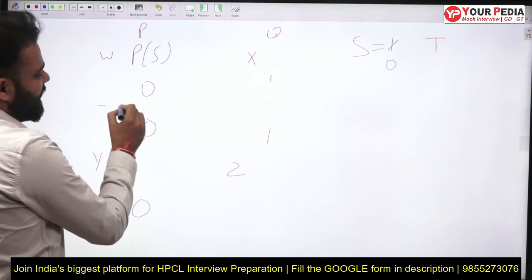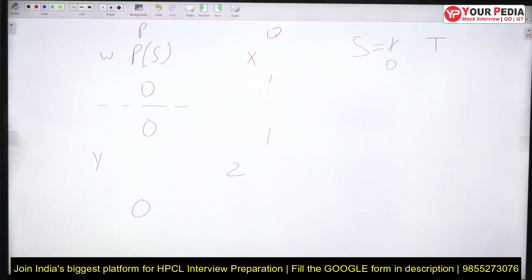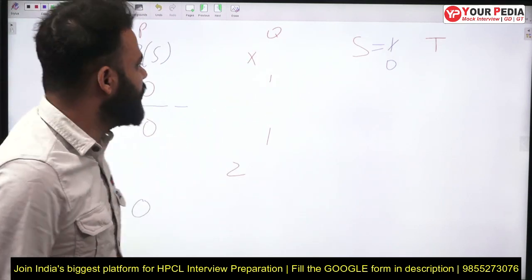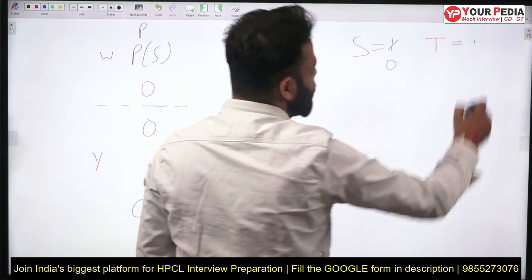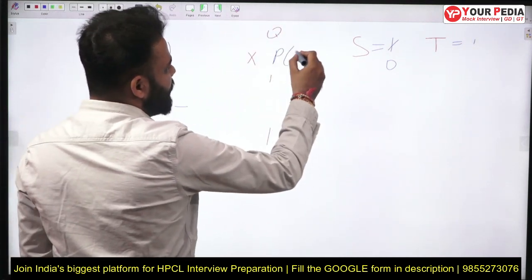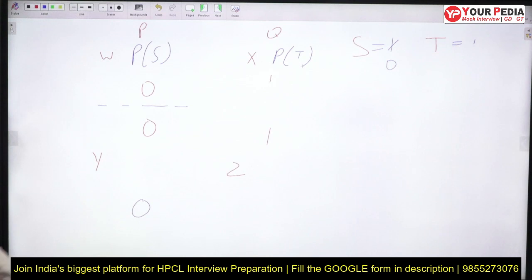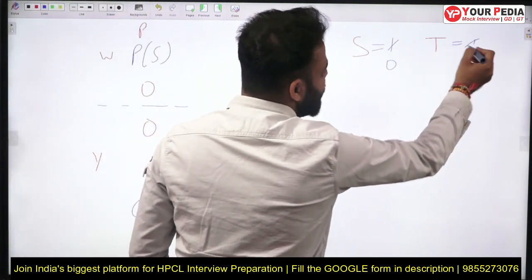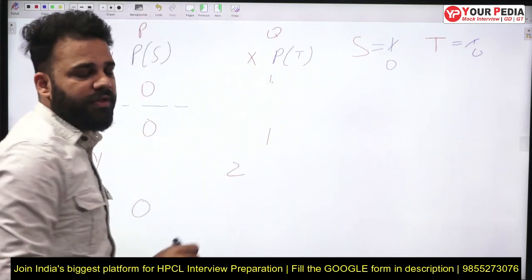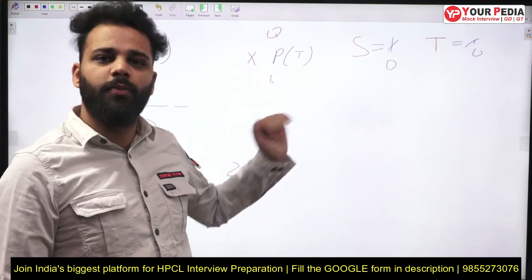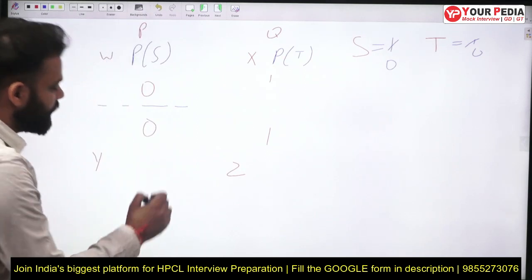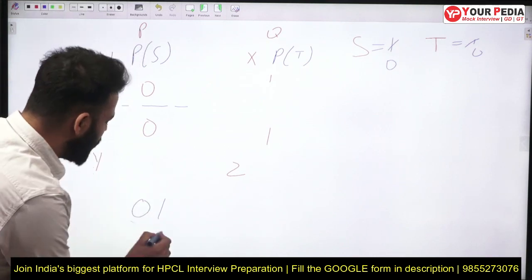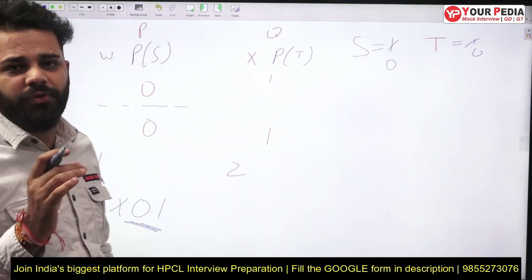Now when S is 1 and you run this statement, S will change to 0 and you can print this 0. Now let's say you preempt this. If you use semaphore T here, and the value of T was 1, and you put P(T) here, then when the down operation of T occurs, T will be changed to 0 and you can print 1, because it is a successful down operation. So the output will be 0, 1, and you can move further. But this output is not desired. It should be 0, 0, 1, 1.